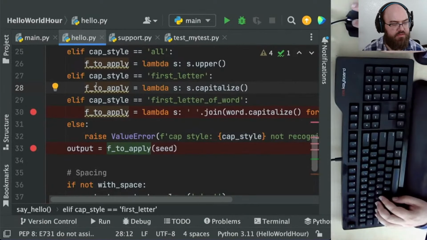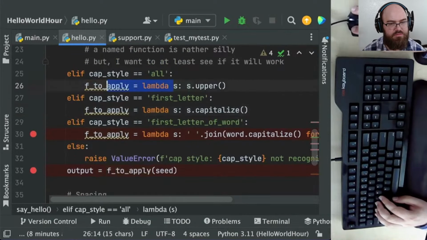My term still doesn't want to reformat the lambda issue.